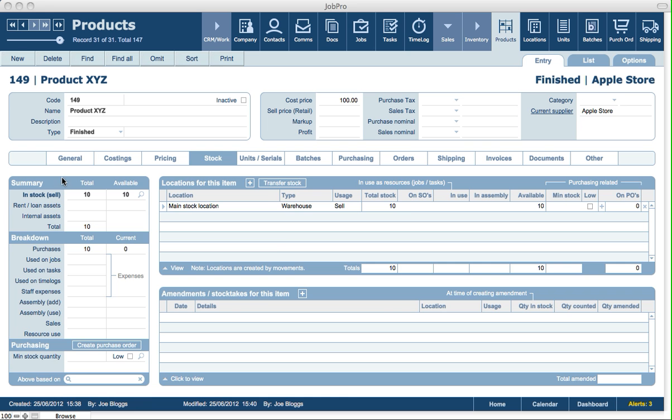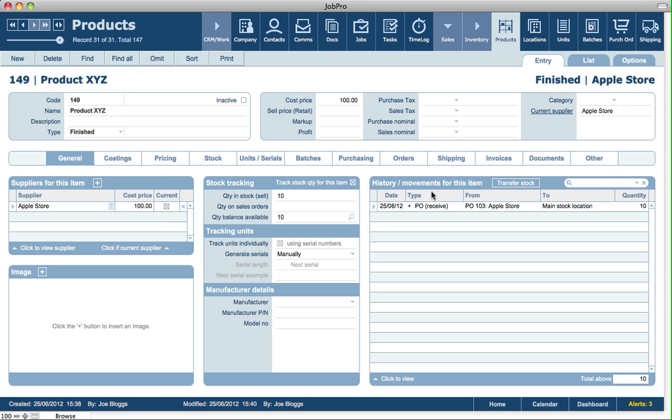If we have a look at the General tab for this item, there's a section on the right hand side, History and Movements for this item. So here we can see that the only history for this particular product is that 10 were received on a purchase order,